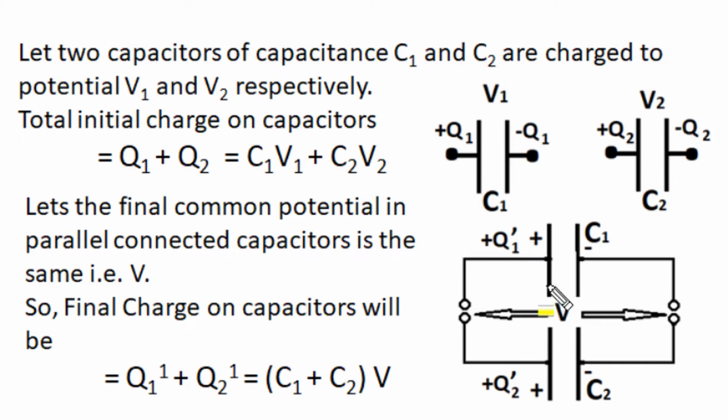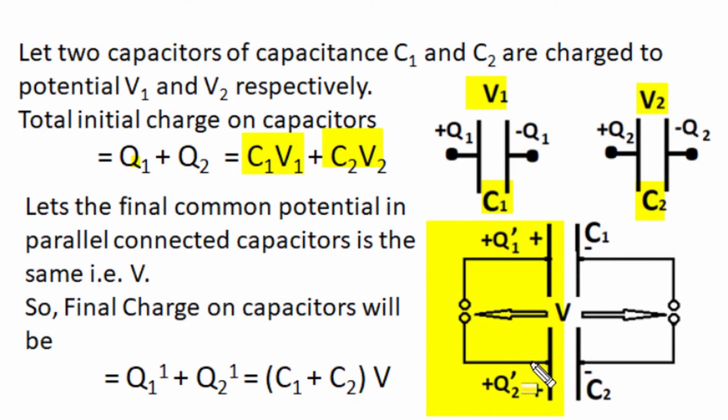Let two capacitors of capacitance C1 and C2 be charged to potentials V1 and V2 respectively, and V1 is greater than V2. Now in this condition, the charge on capacitor 1 is Q1, given by Q equals CV, as C1 V1. Similarly, charge on the second capacitor is C2 V2, and when these two capacitors are connected in parallel, the charge of